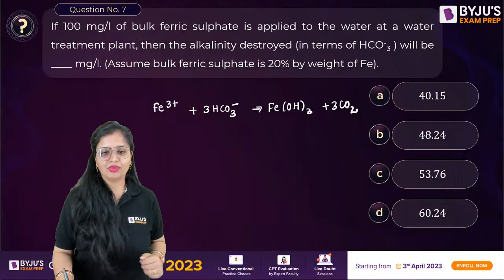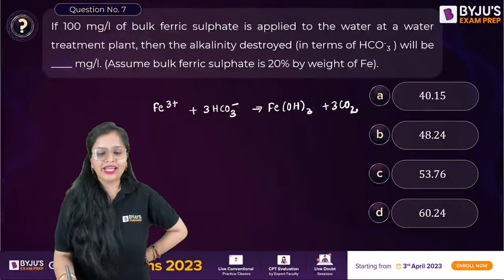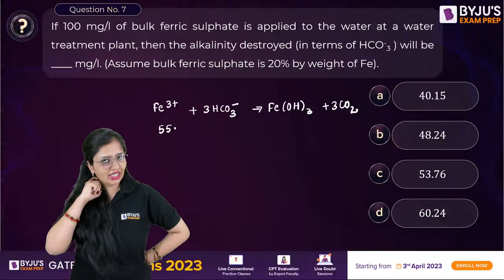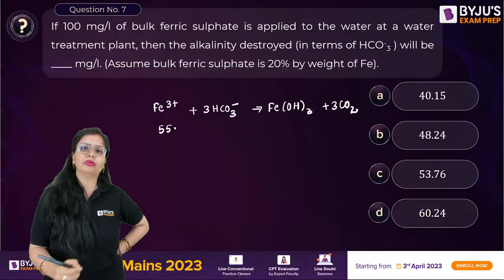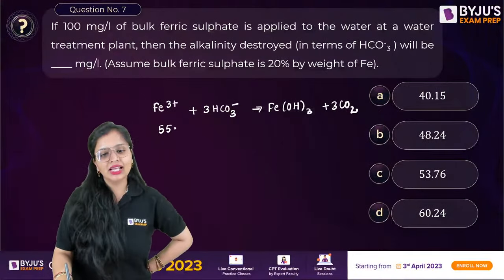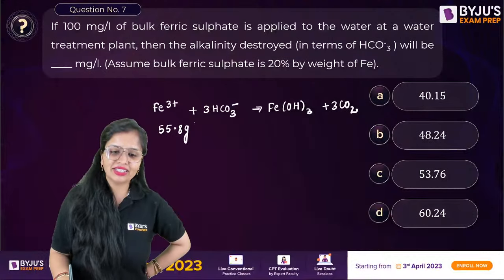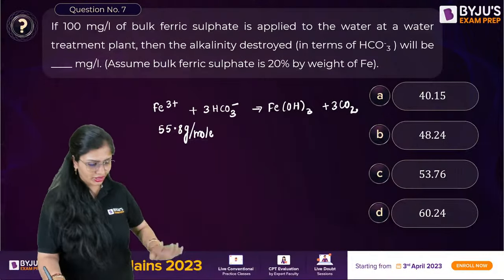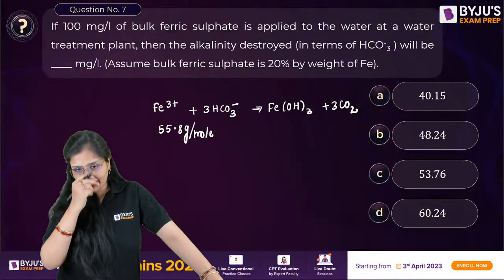Okay, fine. Now what is Fe3 plus? Technically it is 56, but if you want to go precise, don't worry. In examinations, they don't expect you to remember the molecular weight or the atomic weights. They'll give you the atomic weights. They expect that you should be able to find the molecular weight. That is the thing. So did anybody get this?